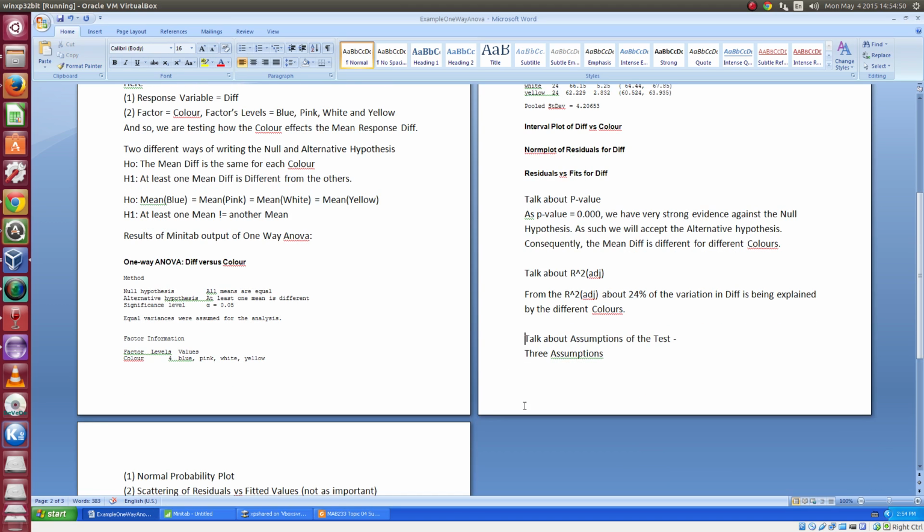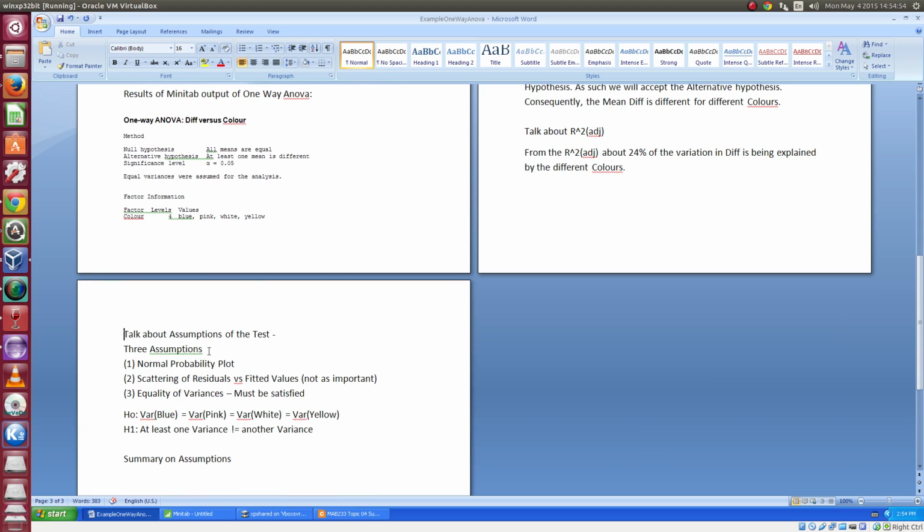Okay, the next thing that we need to talk about is the assumptions of the test. We've got 3 assumptions that must be satisfied, and you might be wondering, why do we care as much about these assumptions? If these assumptions are not met, then the results of this One-Way Anova are not necessarily incorrect, but I certainly wouldn't bet any money on them. The only way that you can be really confident in these results is if all of these assumptions, especially the third one, are satisfied. So the first one is the normal probability plot, and that comes from